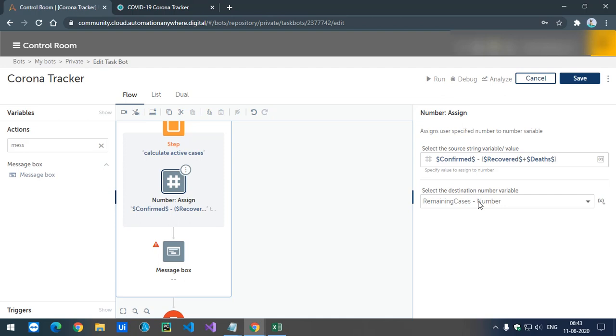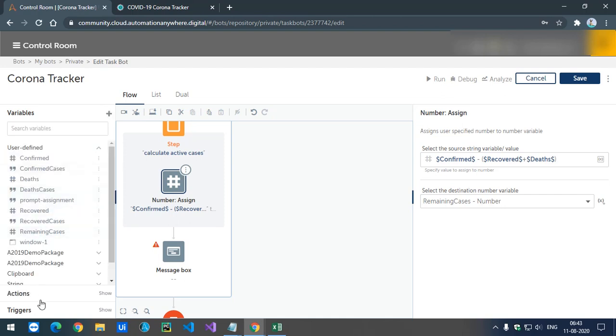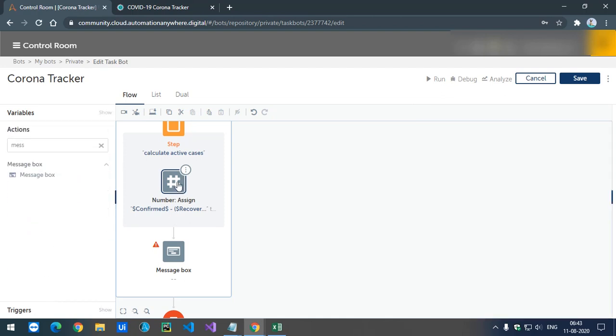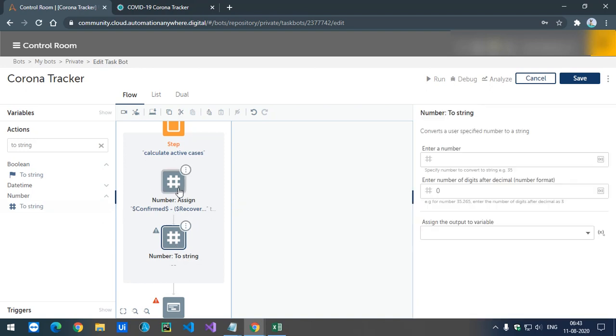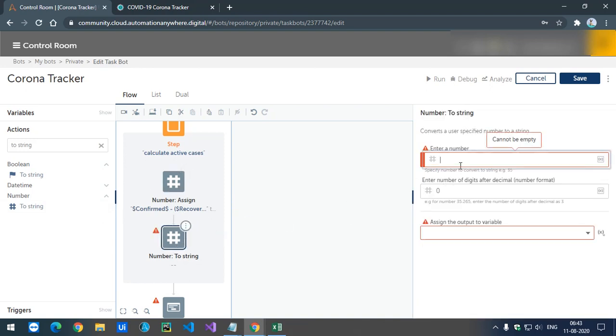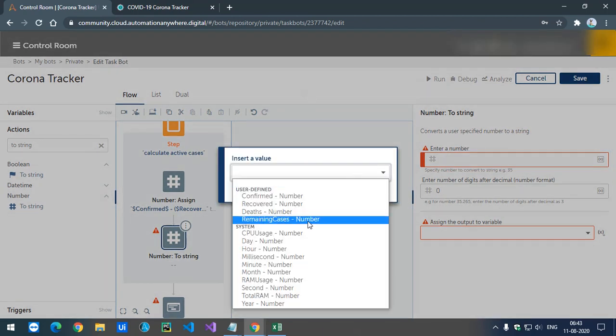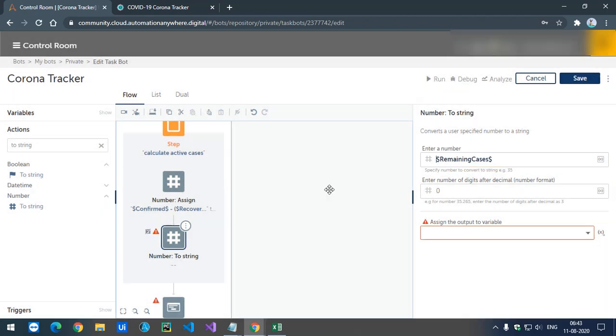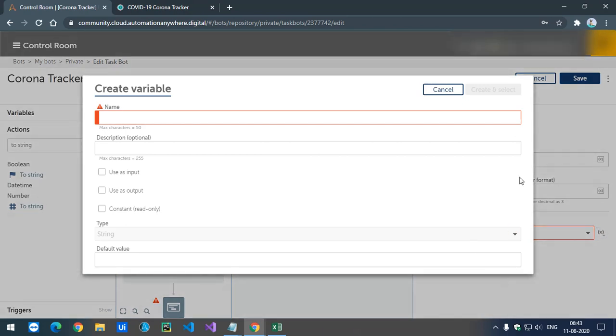So we are going to convert this. I'll convert this number to a string first, so to string. Here it is, it converts a user specified number to a string. So we get this action, and the variable name is remaining cases, number type.